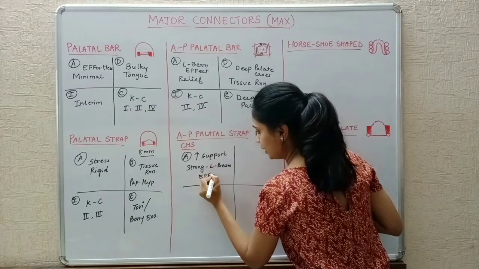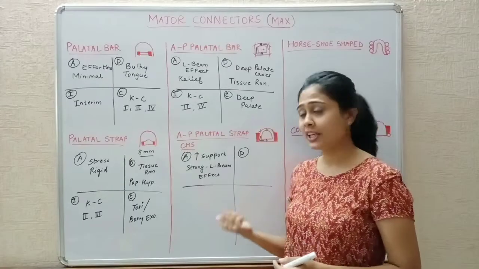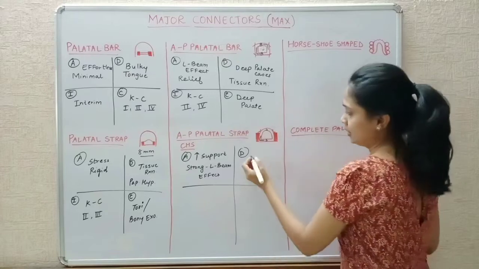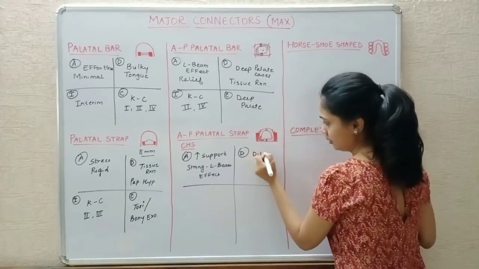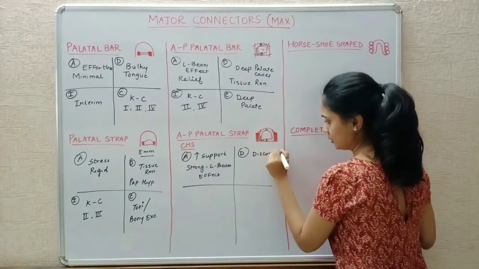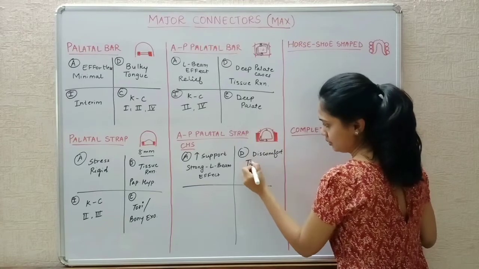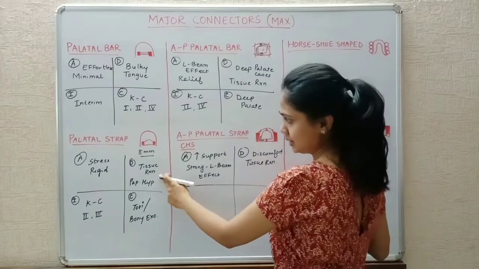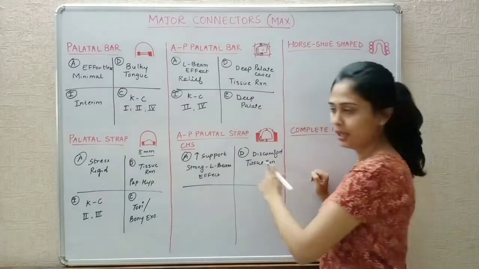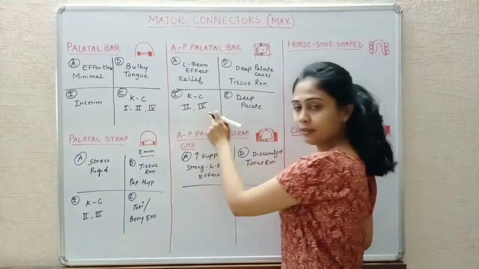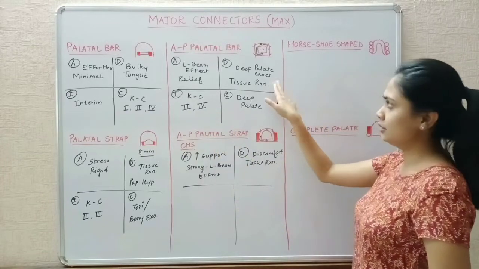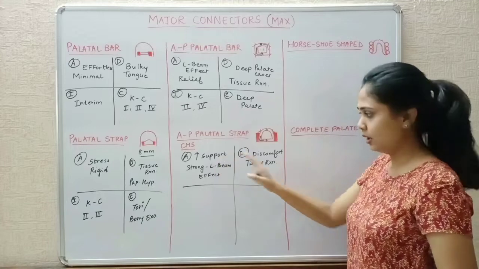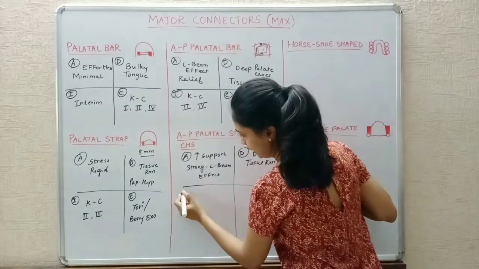What are the disadvantages? In such cases, when there is an anterior posterior palatal strap, there is discomfort and tissue reactions. Okay, so it is easier to learn if you learn this. Tissue reaction, Kennedy's class 2 and 3, 2 and 4. Here tissue reaction and decreased support was also there. So here increased support. Okay, so now we go with the indication.